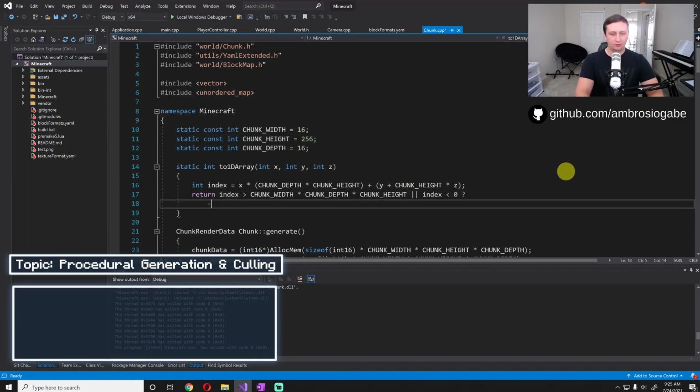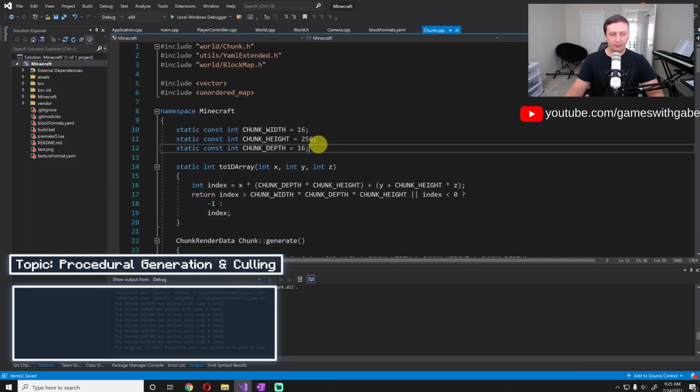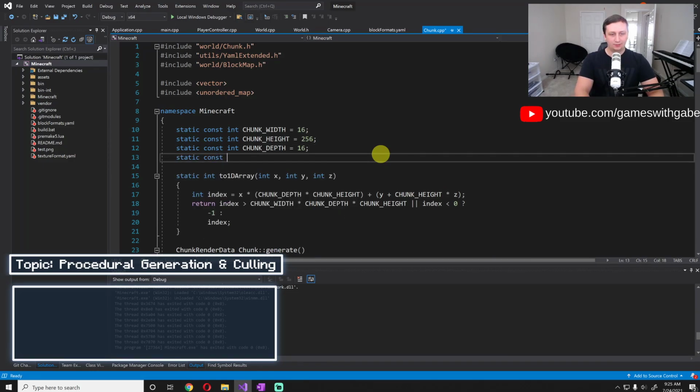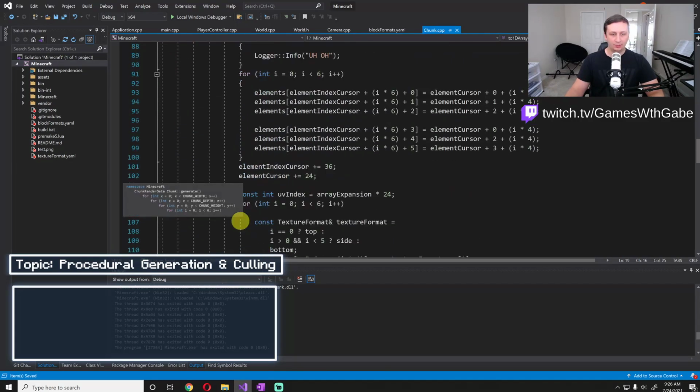So if either of those is true, we'll return -1. Otherwise, we'll return index. Okay, cool. So -1 should be like our flag value, and then I could create static const int null block equals -1, and then we can replace this here. Cool. So we have a null block,